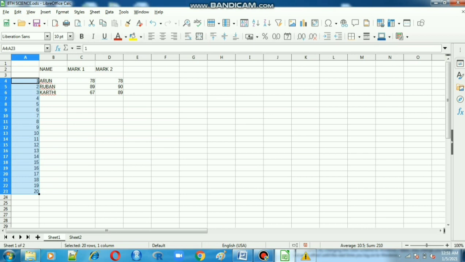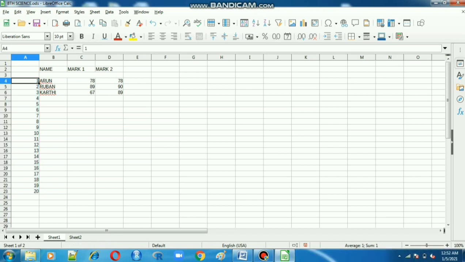Just click. For auto generating, first you have to enter 1 and 2, select both numbers and drag down. Click at the bottom right corner and drag down. However many numbers you need, just click and drag down, and the numbers are automatically generated in your worksheet.